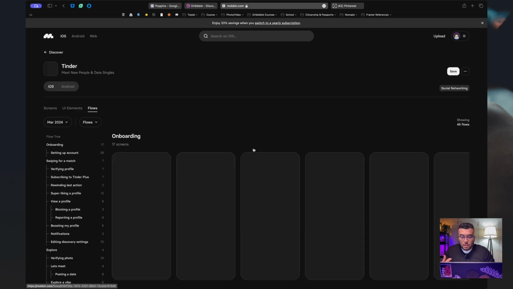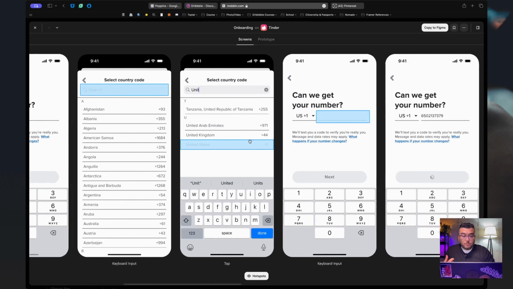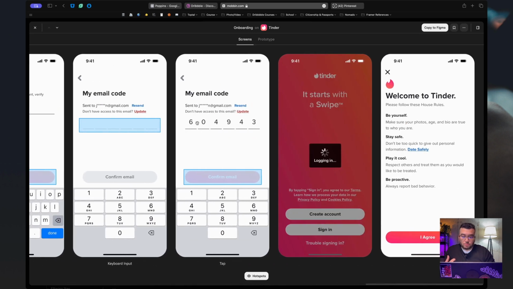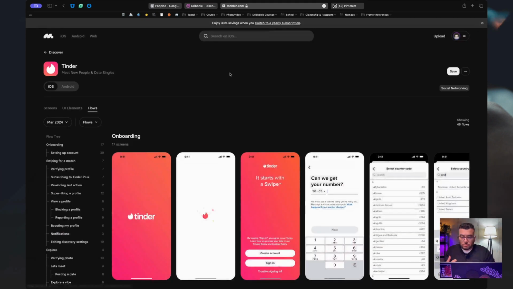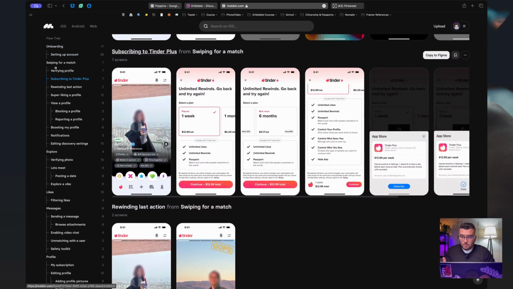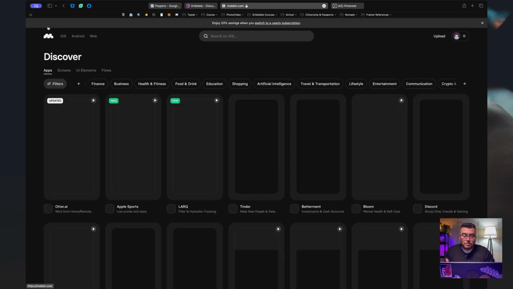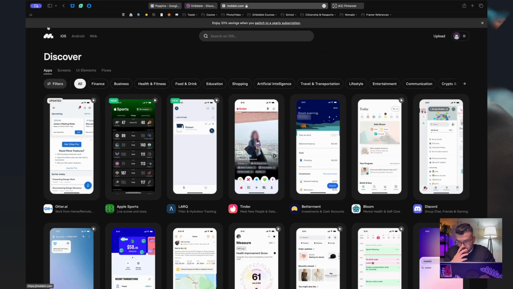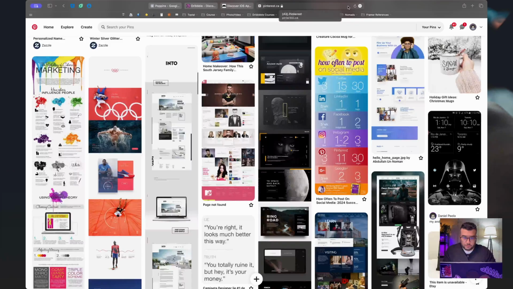So if you click here on Tinder, you have the entire flow of that project. It's amazing. You have everything. Mobbin is great. The free version is very limited. Oh, they already have the Apple Sports. Nice. And also Pinterest. Those are my three go-tos when I'm looking for visual references to create my mood